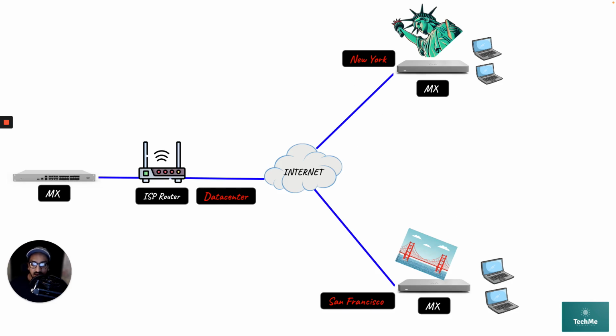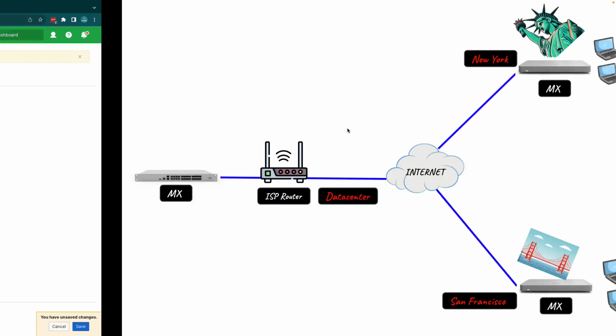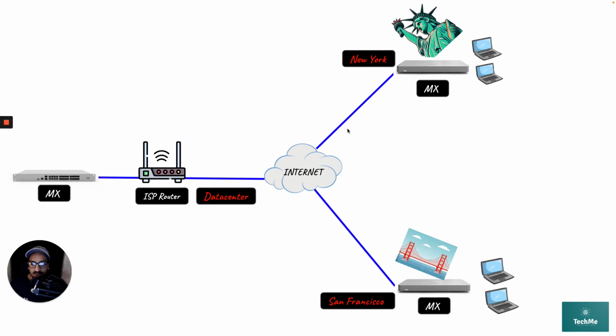Let's go through and also explain the VPN concentration. So pass-through mode, so it says here pass-through or VPN concentration, and it says it could be used in a one-arm concentrator deployment. The security appliance acts as a termination point for Meraki auto VPN traffic to and from the remote sites. So what's happening is